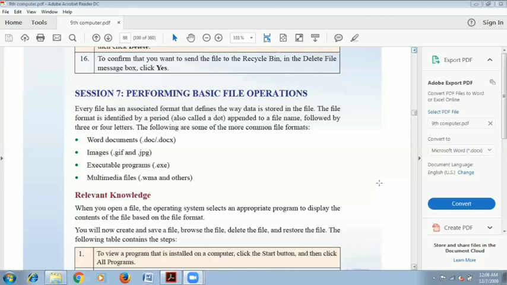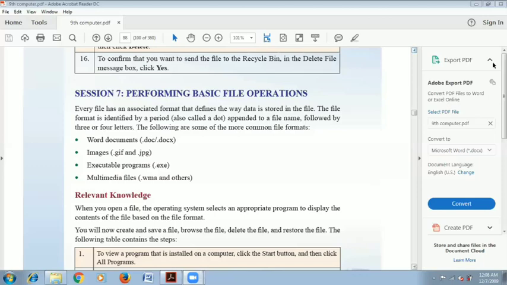So how does your operating system get to know that this file needs to be opened in this application? The operating system checks for its extension or checks for its type of file. Then from that particular place, it gets the idea that it needs to be opened in this application. I hope it is clear to you.